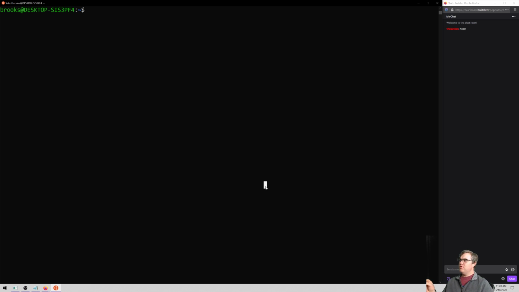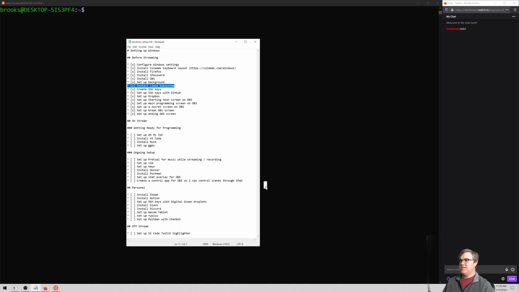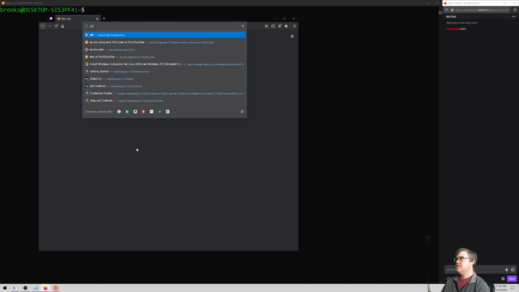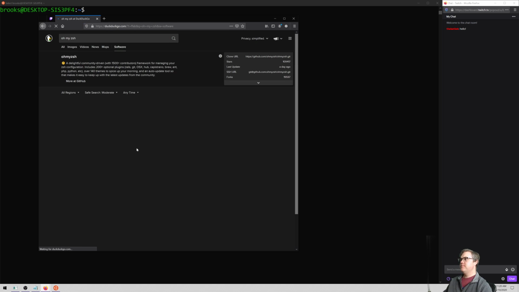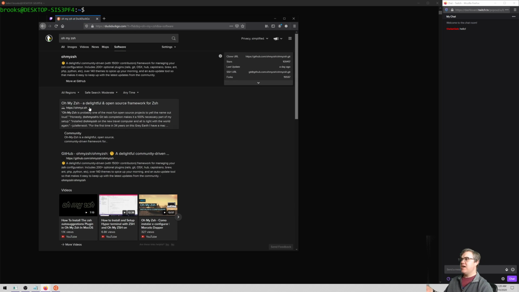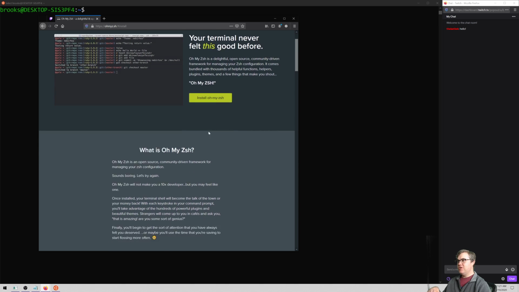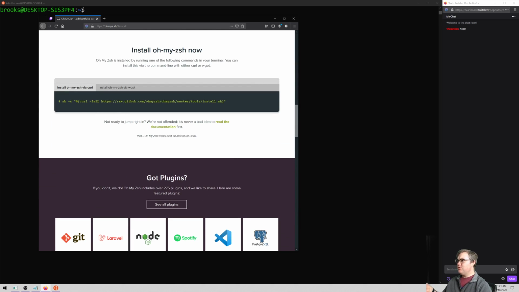Okay, so what do I have on my to-do list? Set up ZSH. Oh, and I'm planning on just using Oh My Zsh for this. I've used it at work. I've used it when I was teaching. I trust their install script, so I'm pretty happy with them. So let's go ahead and see how this works on Ubuntu on Windows.